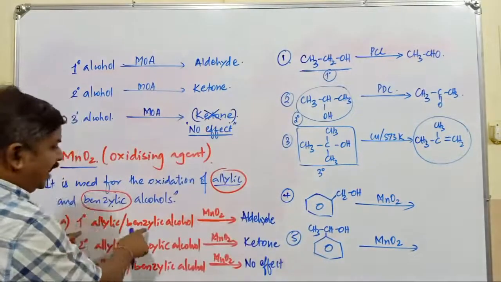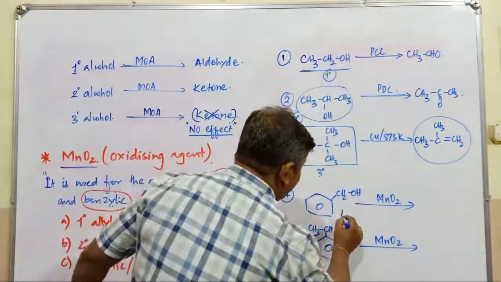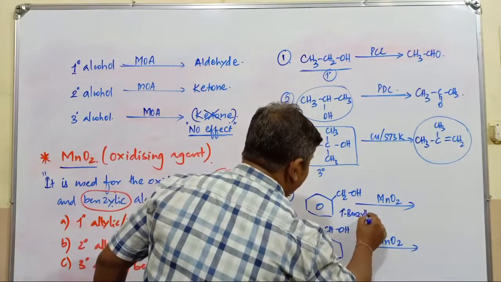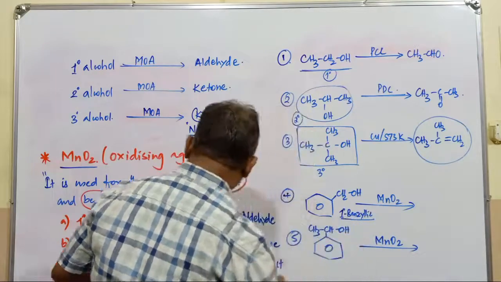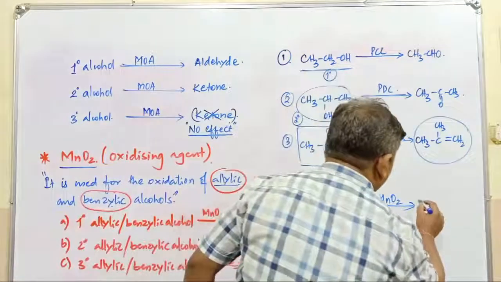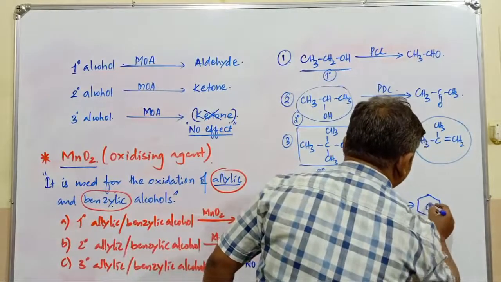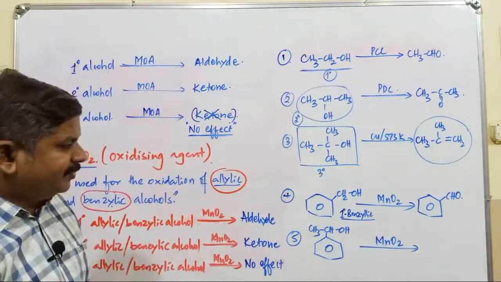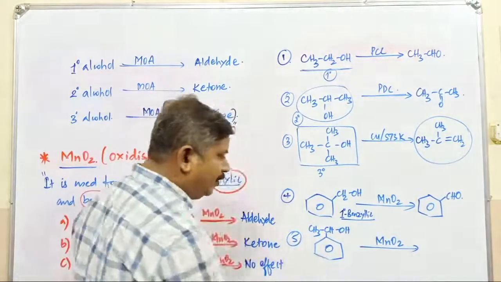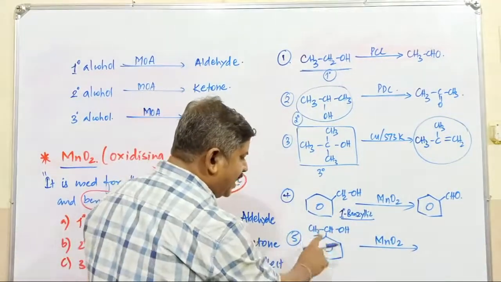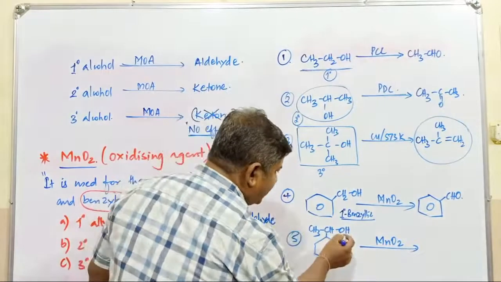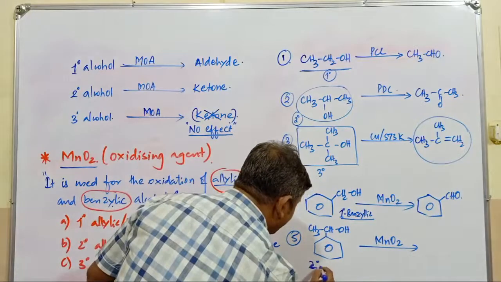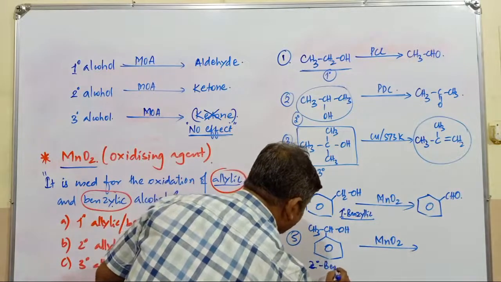Oxidation of primary allylic or benzylic alcohols. This is primary, and moreover it is benzylic. All the primary and corresponding benzylic alcohols are converted into what? Aldehydes. What is the aldehyde produced with this compound? It is CHO containing the same number of carbon atoms. This is what type of alcohol? Is it primary, secondary, tertiary? OH is attached to this carbon atom, which is going to be secondary. It is secondary, and moreover, it is going to be a benzylic alcohol.